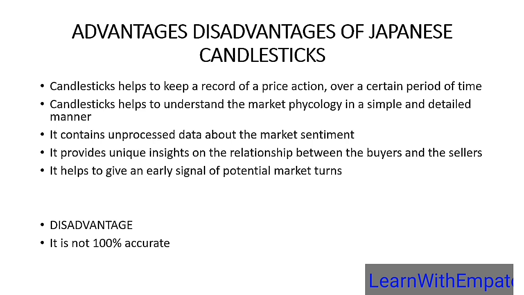It helps to give an early signal of potential market moves. So the one disadvantage that the candlestick has is that it is not 100% accurate. The signals it gives are not 100% accurate. You can see a bullish candlestick, when I go down to teach you the different kinds of bullish candlesticks and how to use them. You can see a bullish signal from the bullish candlestick, but yet it is not good enough to buy even after the confirmation. When I go down to that, you learn more.